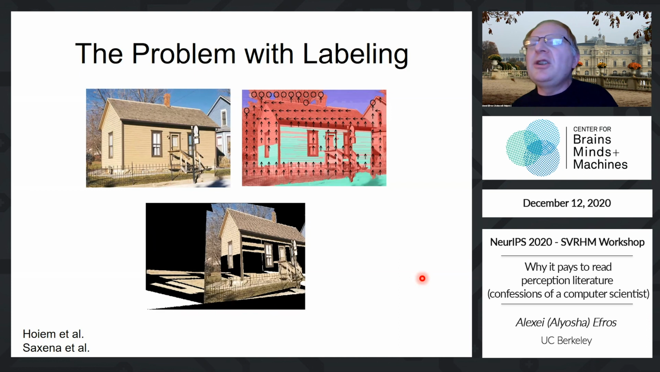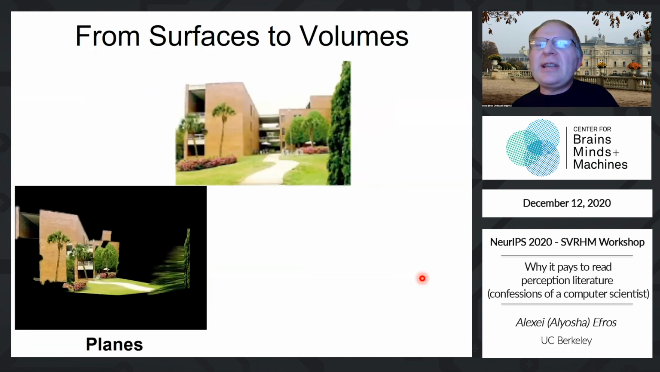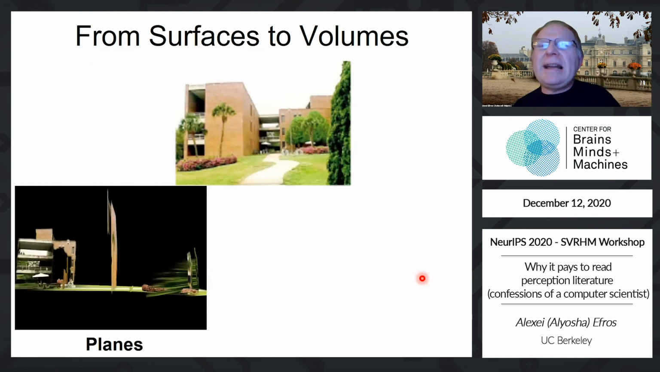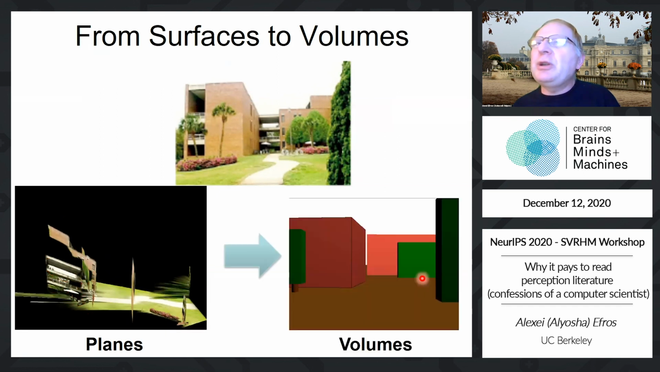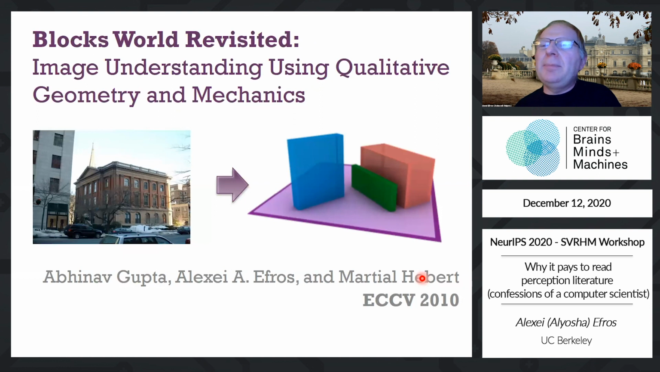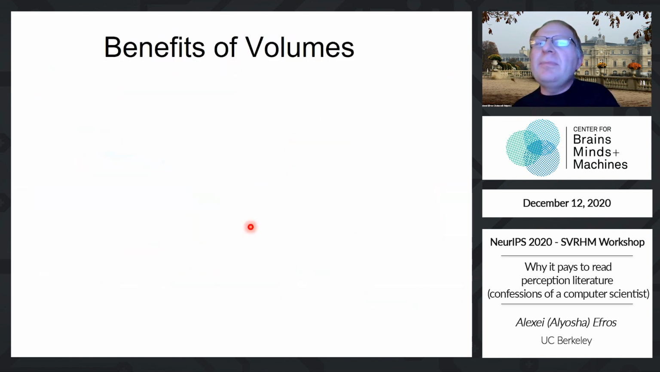surfaces were just not good enough to really represent the scene, because they were just like all these paper cutouts. There was no meat on this thing, right? And so we realized that we really need to go from surfaces to volumes. Okay, and again, this is where we were very much inspired by Biederman and colleagues, and we tried